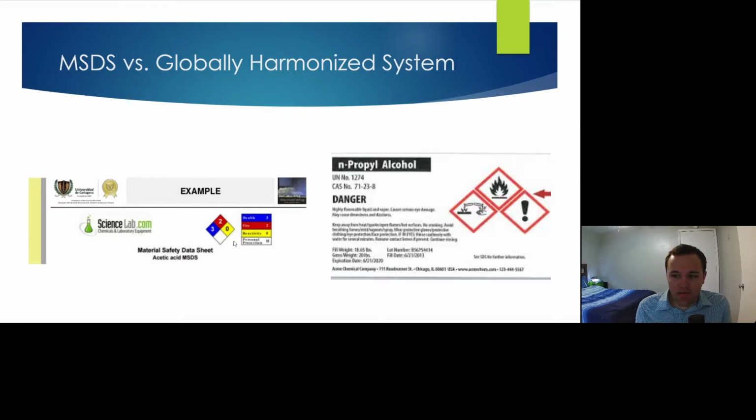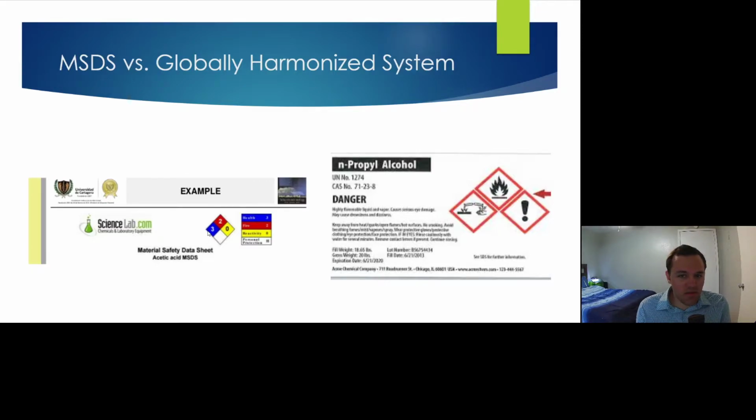They used to have this little color-coded triangle that told you about the different hazards. One was health hazard, was the blue. The red was fire. The yellow was reactivity. And then the white was just like a general hazard level. That's been gone. That's out the window now. So if you have seen this before in your other science classes, you can forget about it